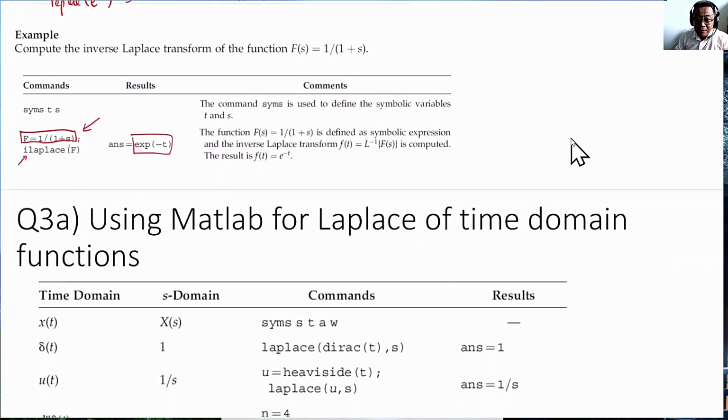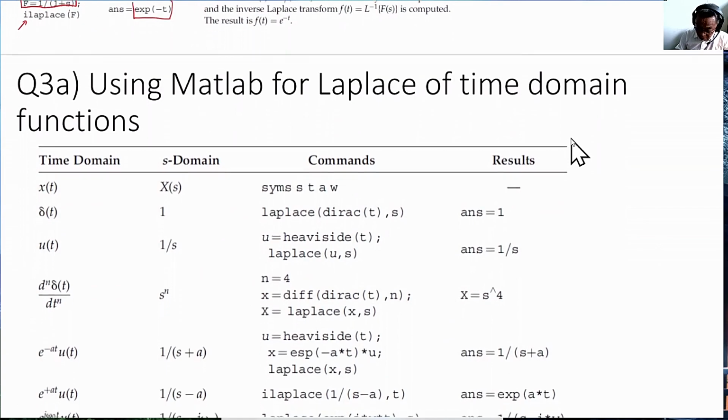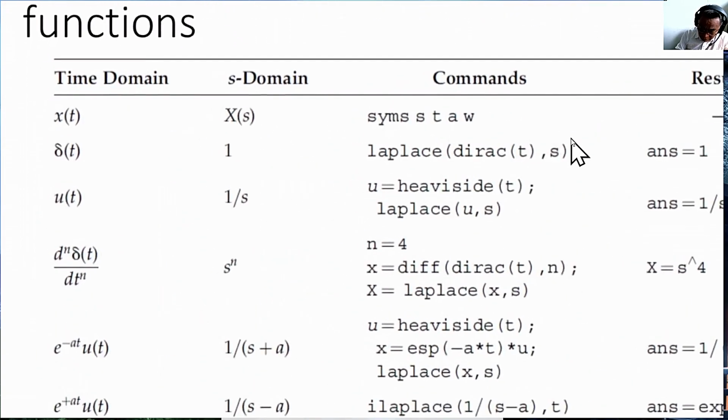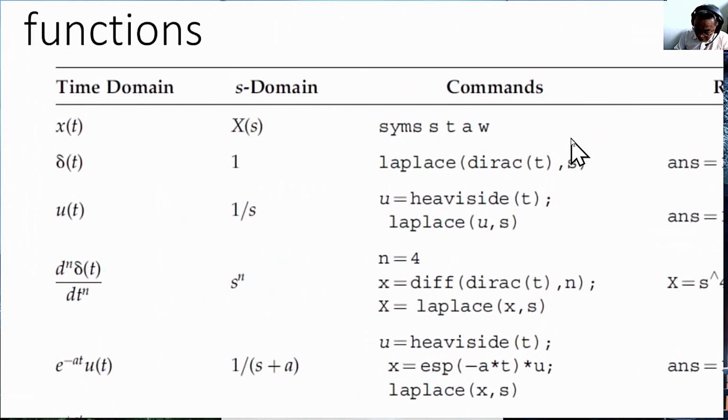Let us now see the Laplace transform of various time signals. I'll just introduce some of the special signals that have special names. δ(t) is the delta function, and in MATLAB it is called dirac. And the unit step also has a special name. It is called Heaviside. So we've declared u of t, or u, to be the Heaviside function, heaviside(t),